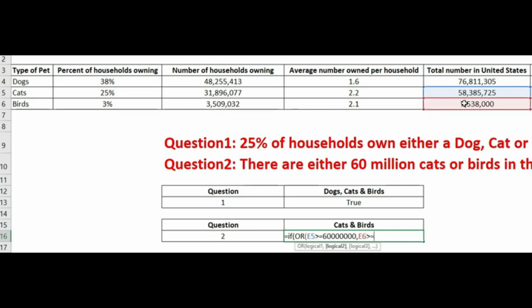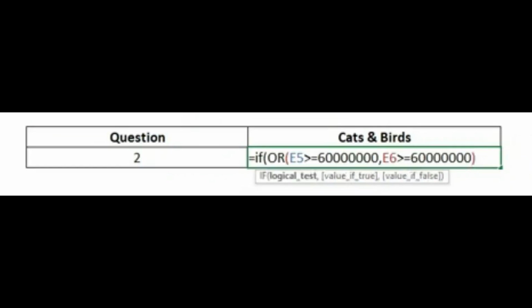Greater than or equal to 60 million. Again, we'll make sure we have enough zeros there. We do. So we're going to close that out. Now our two logical tests are being tested. And we'll put a comma,